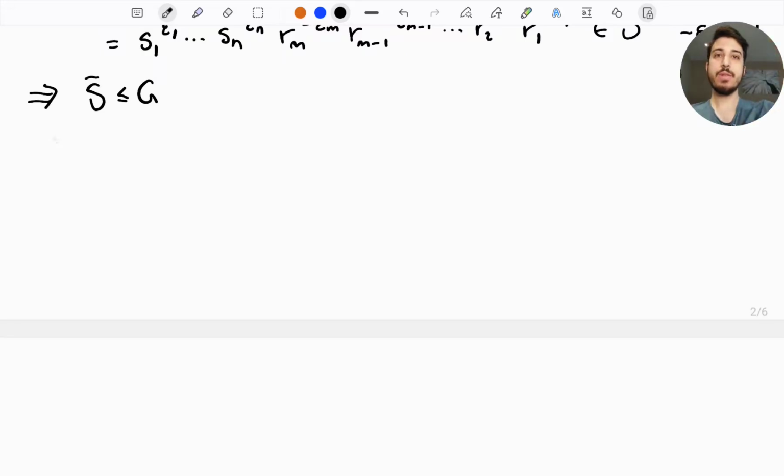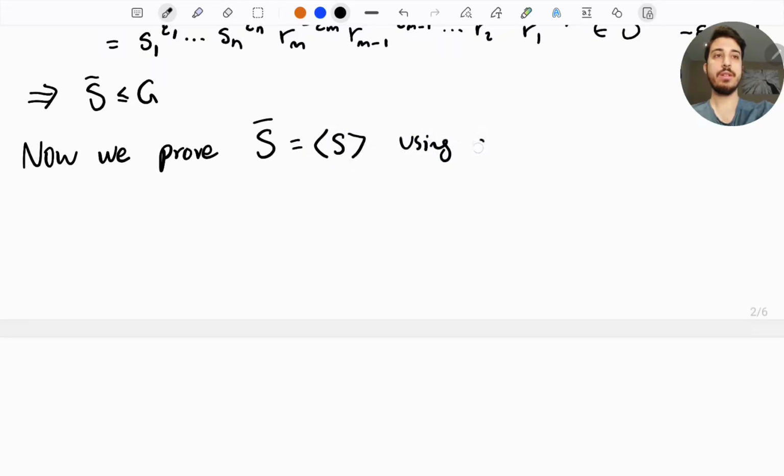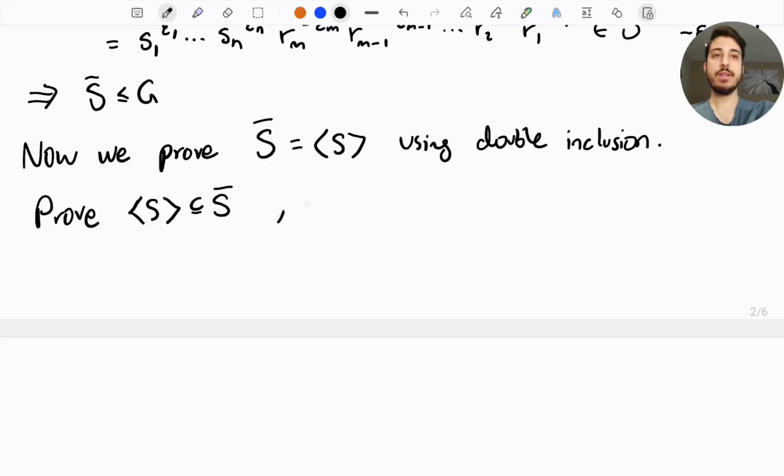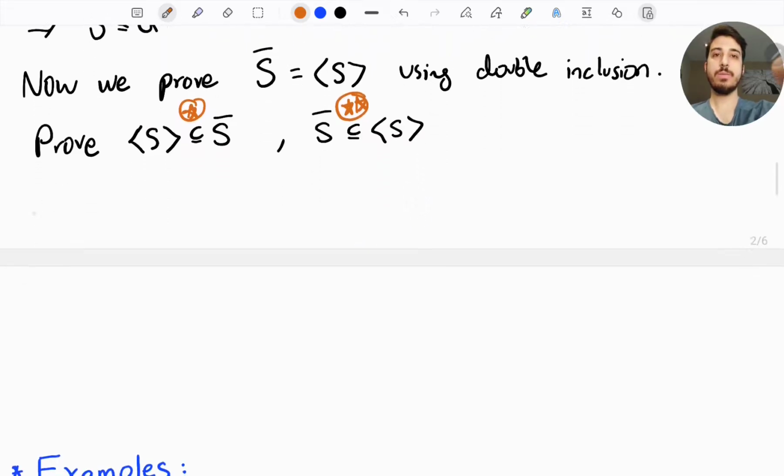So now we prove that this is equal to that using double inclusion. It's a standard technique to prove that two sets are equal. So this means prove that, first of all, this is contained in that, and second of all, this is contained in that, the opposite direction. So this I will denote by star, and this I'll reference by double star. So to prove the first part,